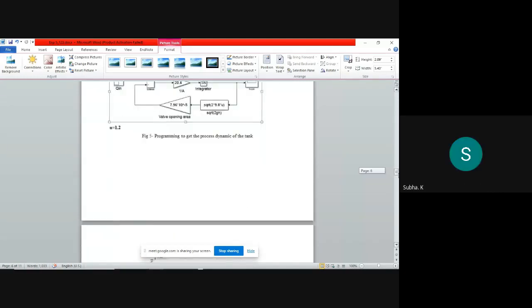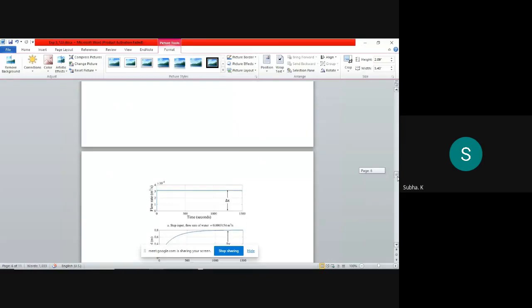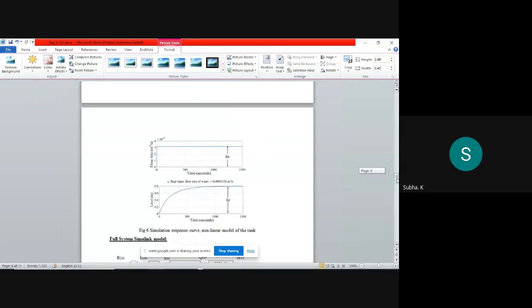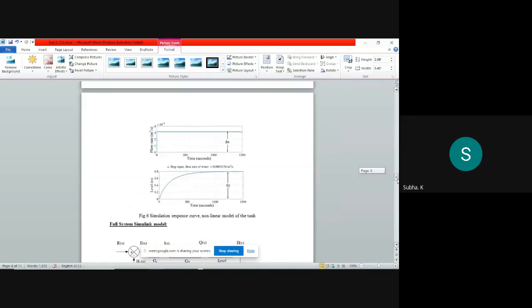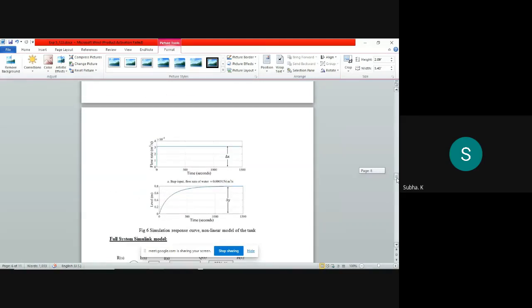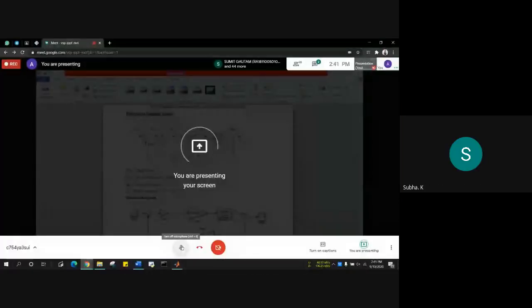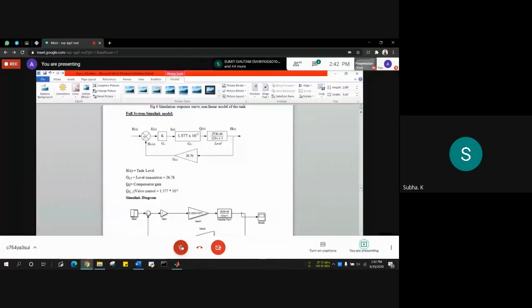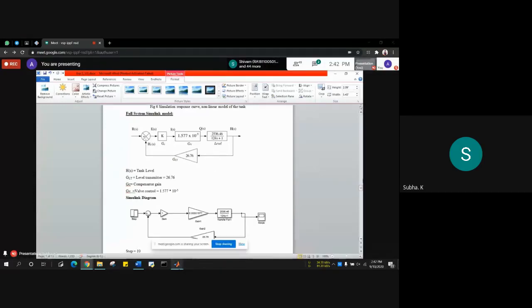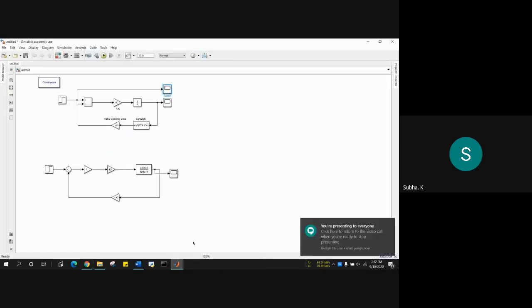Flow rate. I think the first figure shows your input. That should be set around 0.0003154, and accordingly the level is adjusted back to 0.8. So del x is representing your input and del y is representing output. Ma'am, is my screen visible? Wait, I will check that. Yeah, now it is showing. All the others also try this block diagram in your Simulink, this one that I am showing.